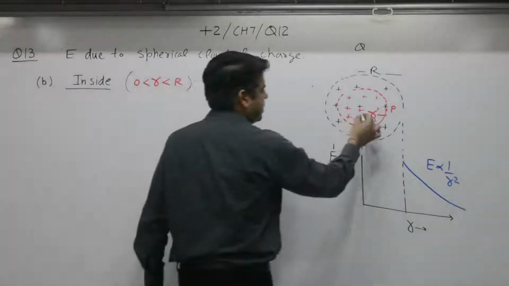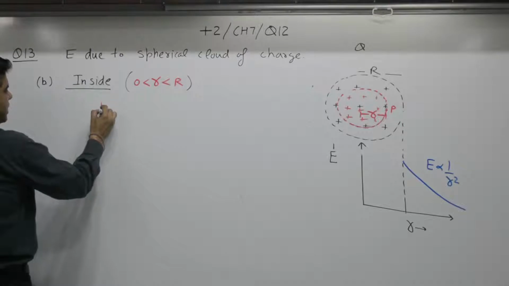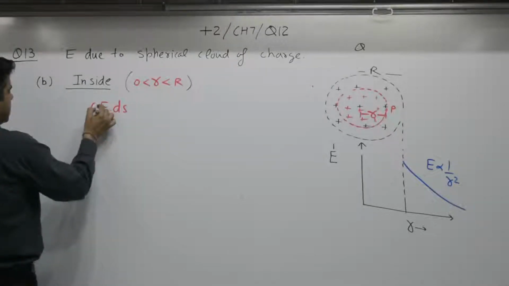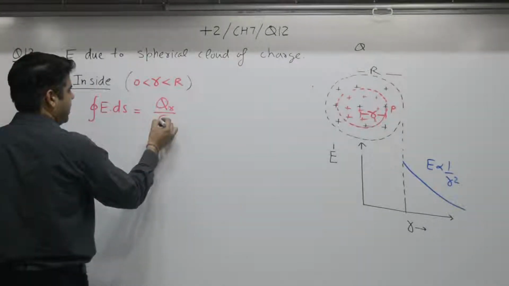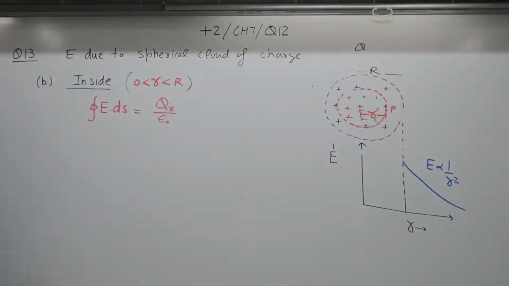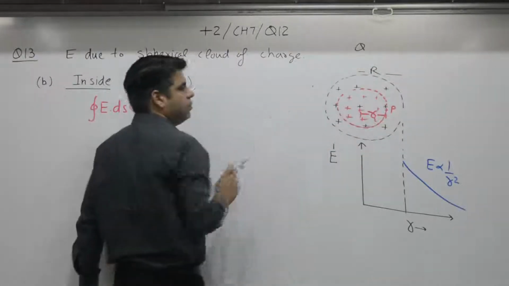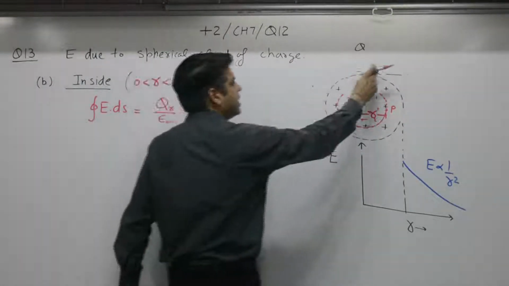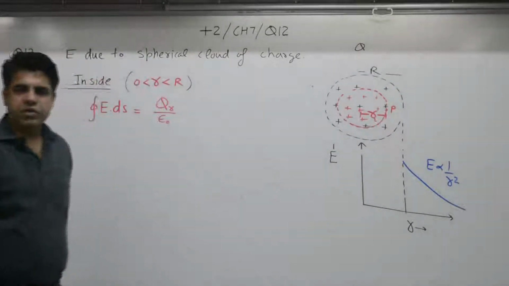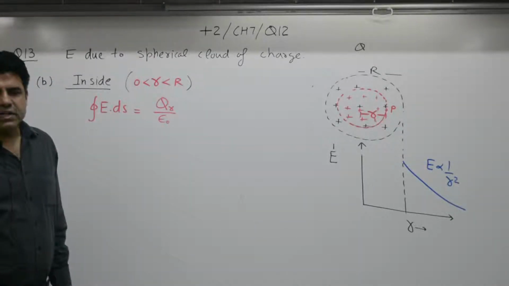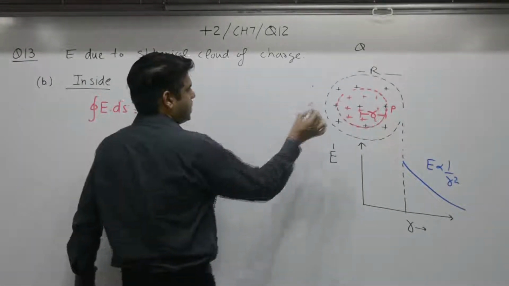So the challenge is to find out the charge. That means apply Gauss's law. E ds is equal to charge enclosed up to R by epsilon naught. So the challenge is to find out QR. Total volume 4 by 3 pi capital R cube. Volume of this part is 4 by 3 pi R cube. Density remains same. So charge QR is equal to what? That is what the challenge is.